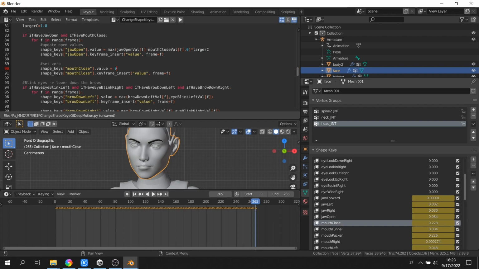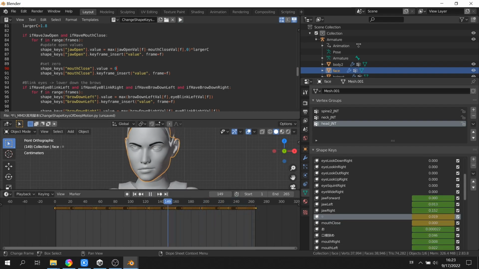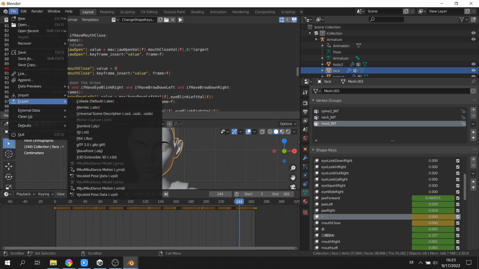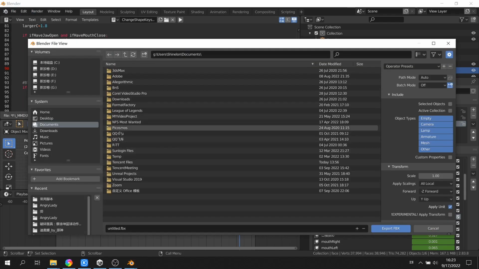Then run the script again. When it finished, export it as an FBX file.